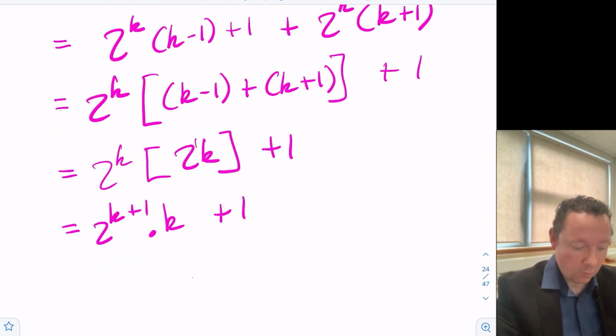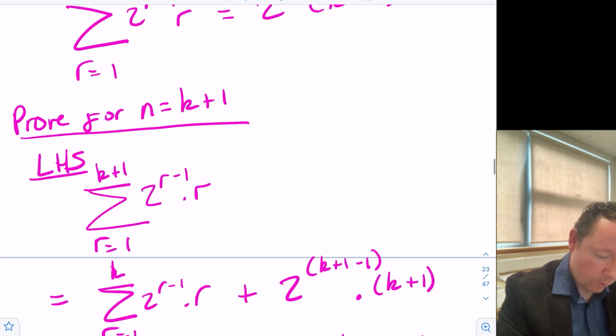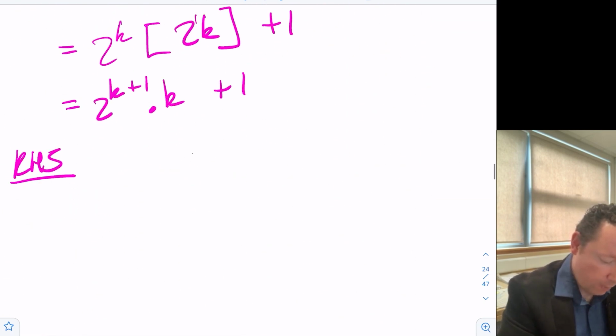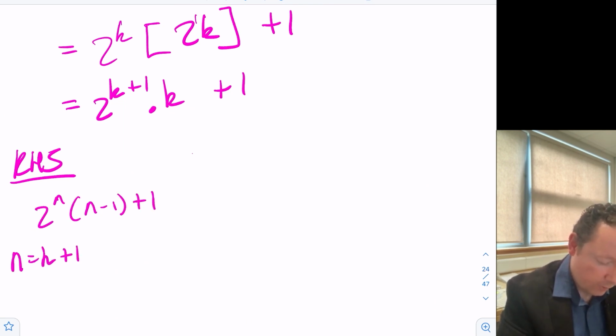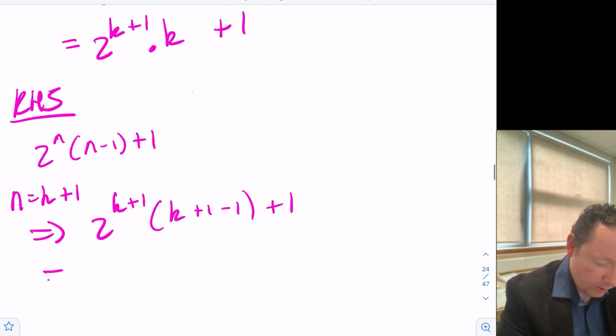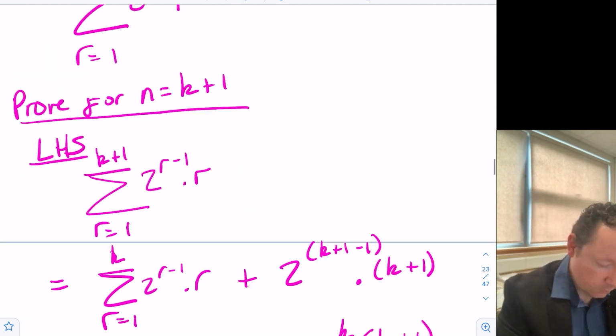Now I suppose it's worth looking at what our right-hand side would be. So if we look at our right-hand side of this, we have got 2 to the n minus 1 plus 1. Let's just write that down. So this doesn't look quite like that, but when n equals k plus 1, that implies we get 2 to the k plus 1, k plus 1 minus 1 plus 1, which is the same as 2 to the k plus 1. K plus 1 minus 1 is just k times k plus 1. So we've got the same result from the left and the right, and therefore the sum of